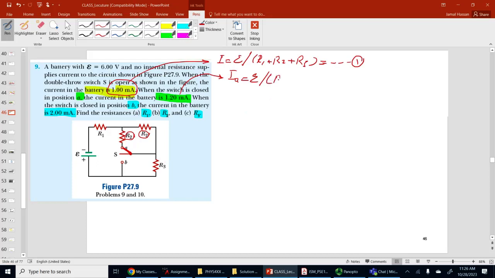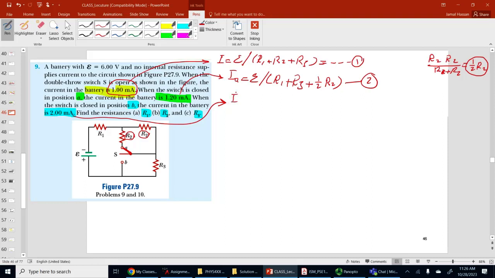It's R1 plus R3 plus the R2 and R2, both R2s are in parallel. So maybe you should do it just here. R2 times R2 divided by R2 plus R2, basically equal to half R2. The parallel. So I'm going to say half R2. Equation 2. Okay. Now the third one,